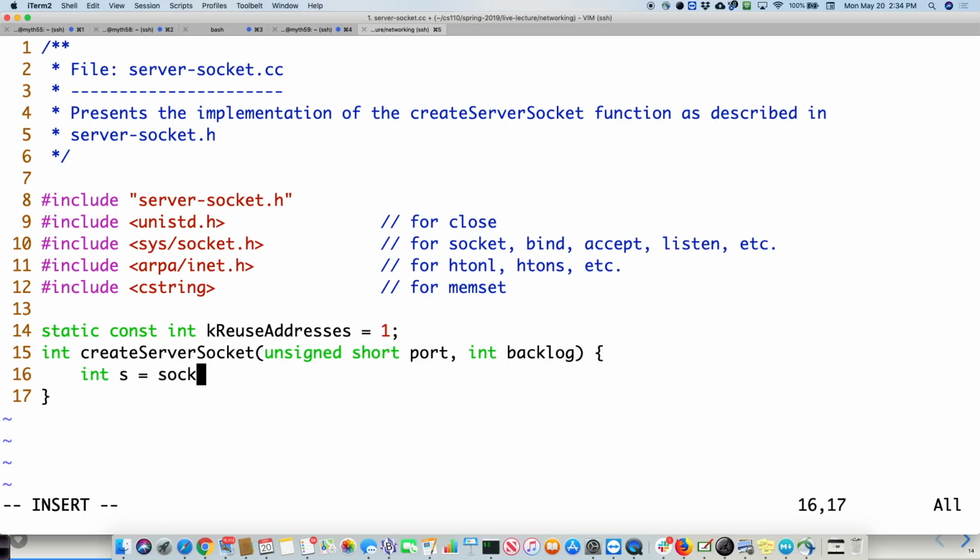And by the way, we're only doing Internet IPv4 in this case: AF_INET, SOCK_STREAM, 0. So we don't need to get any IP address in this case because the IP address is our IP address, right? We're trying to set up a server on our computer.